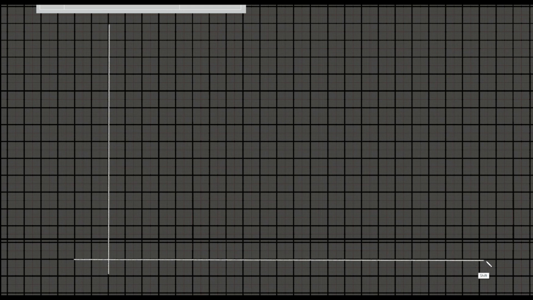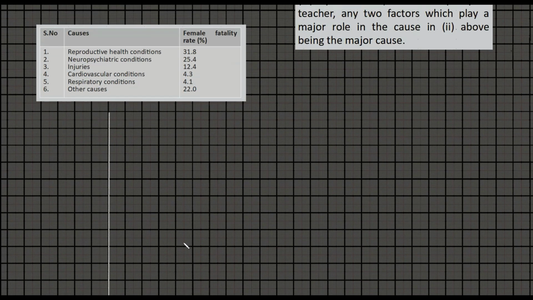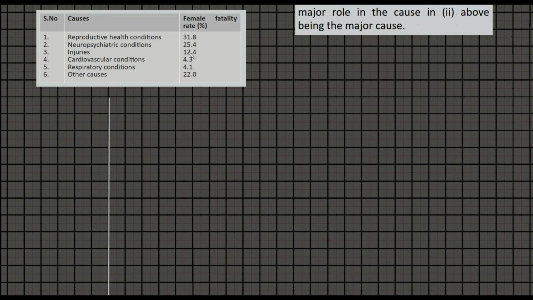I think this space will be enough, or should I scroll down? Okay, this will be more than enough, right? Should we use a kink? No, we don't need a kink, right? Nothing to do with the kink. Here the main thing is the y-axis should end up with 32. So we need to take 2's.